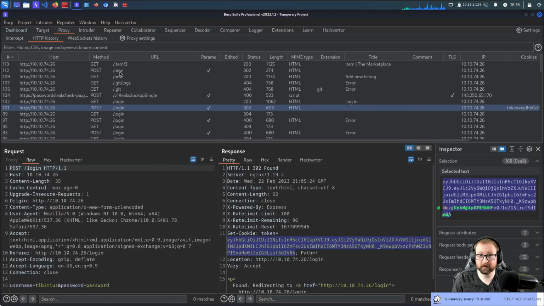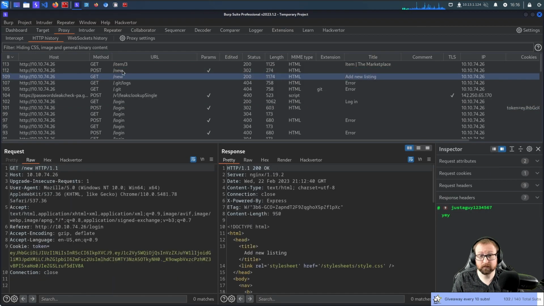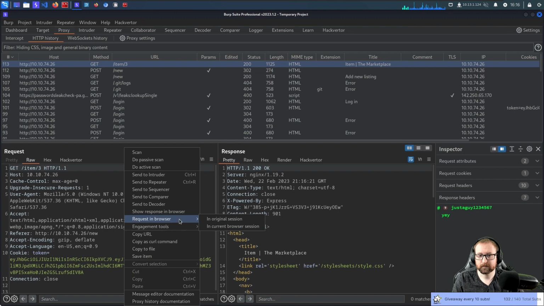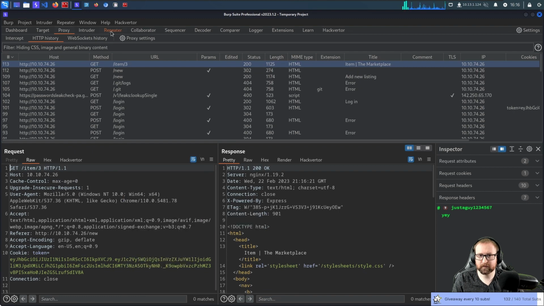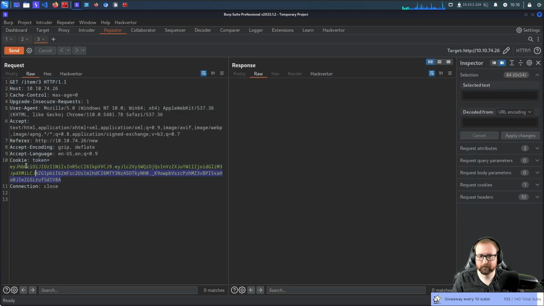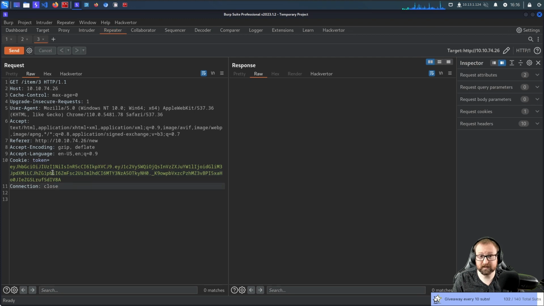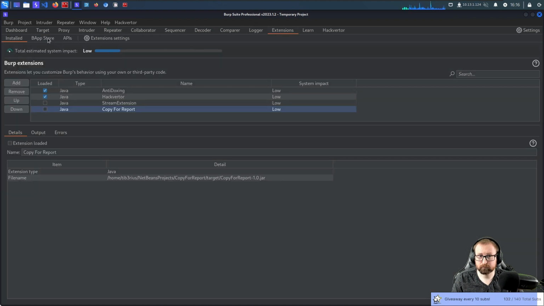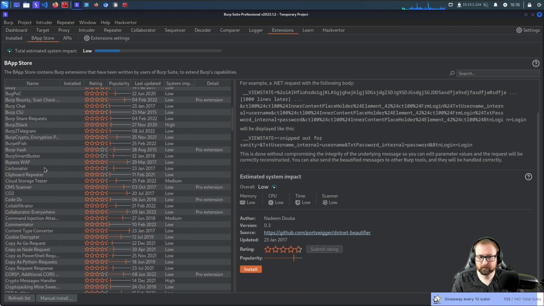Okay, so what we're going to do, we're going to instead just try and mess with this. So this is a JWT, which stands for JSON Web Token. Do I have... I don't. I'm going to go to the BApp Store.